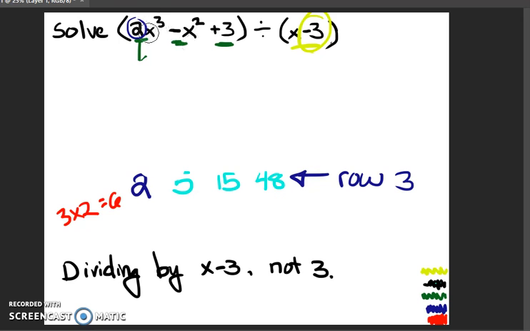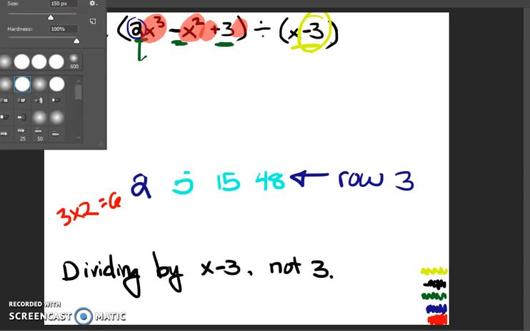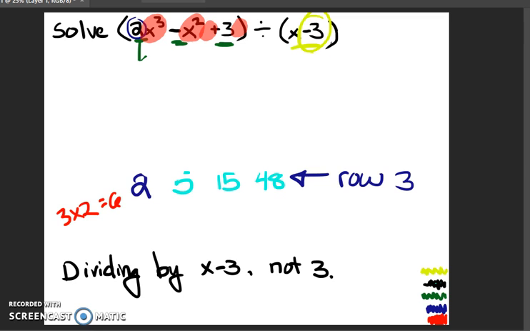Okay. So remember, we're dividing by x. We pulled 3 out of everything else. Now we have to pull an x out of everything else. So there's x's here, here, the invisible x, x to the 1 there, and then x to the 0 here. So since we're simply pulling an x out of everything,